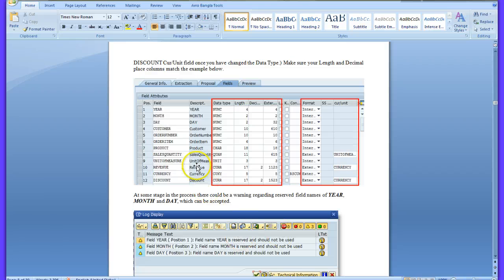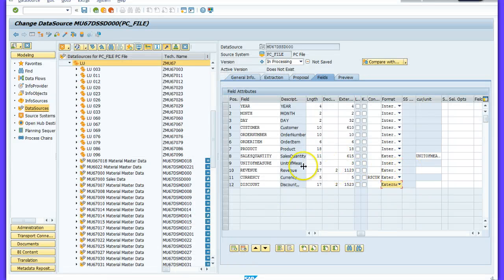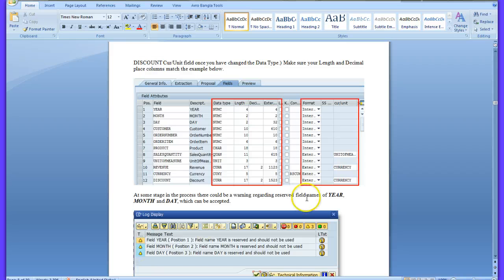Now in revenue and discount the currency should show. So let me see here. Okay, so I think I'm done with fixing this, and then